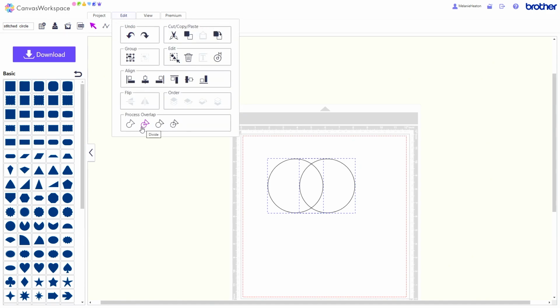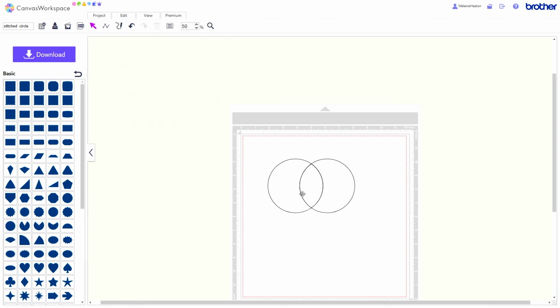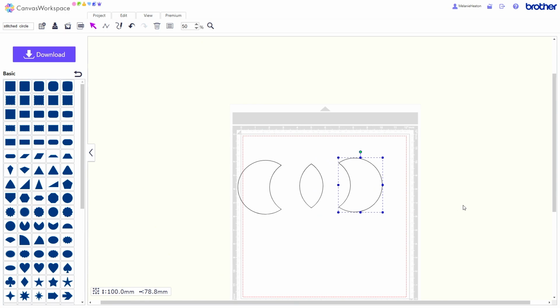What does divide do? I don't know what that means. So I pressed the button, and I went, okay, so, oh, okay. So it split that. So wherever the overlap, it's split it, and it's divided, and it's come up with that shape in the middle. That's really cool,